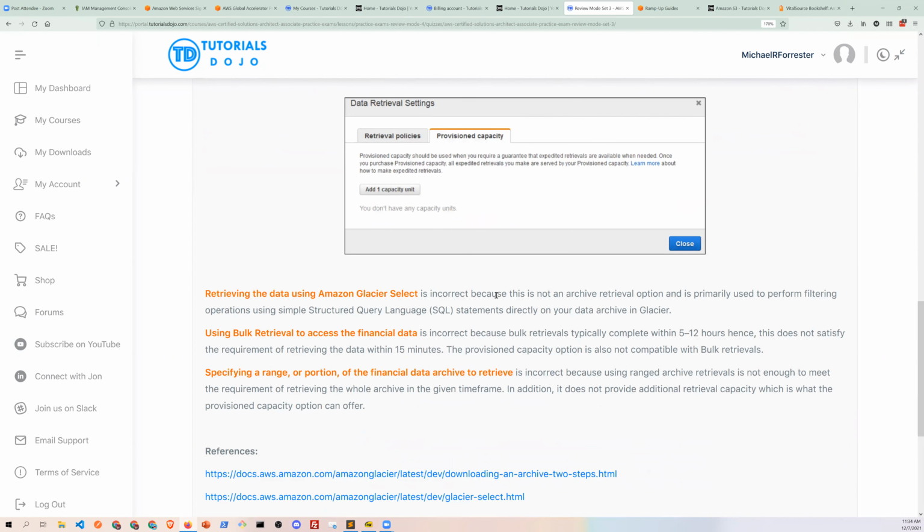So is this an option inside of Glacier? Yeah, this is an option inside of Glacier. Bulk retrieval, which is 5 to 12 hours to restore something, costs you nothing. Expedited retrieval is 3 cents per gigabyte.